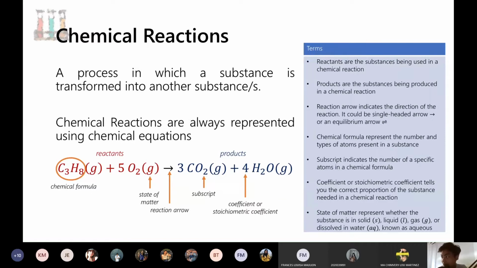We will never change the subscripts when we balance chemical equations because with different subscripts, we are pertaining to different types of compounds. Now, remember the law of definite proportion? Andun yun sa clause ni John Dalton in his atomic theory. So, sabi sa law of definite proportion that different compounds,